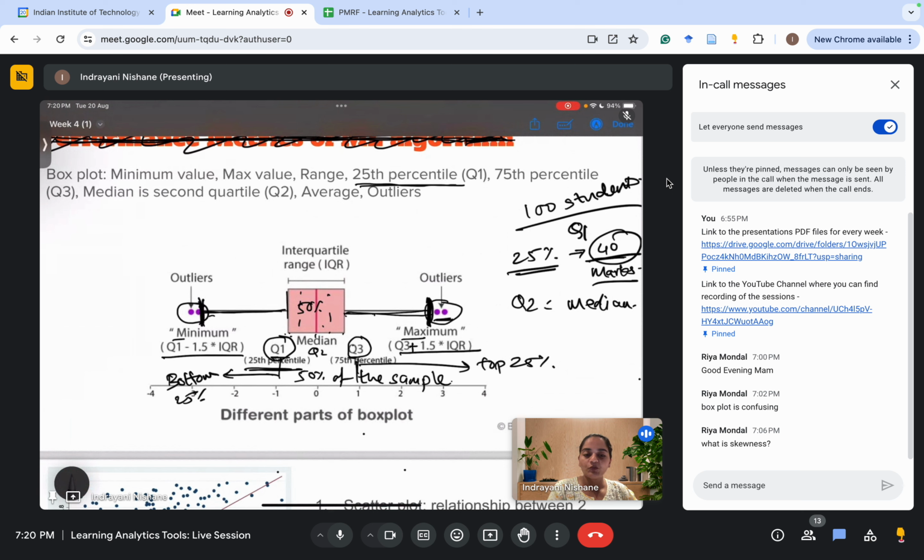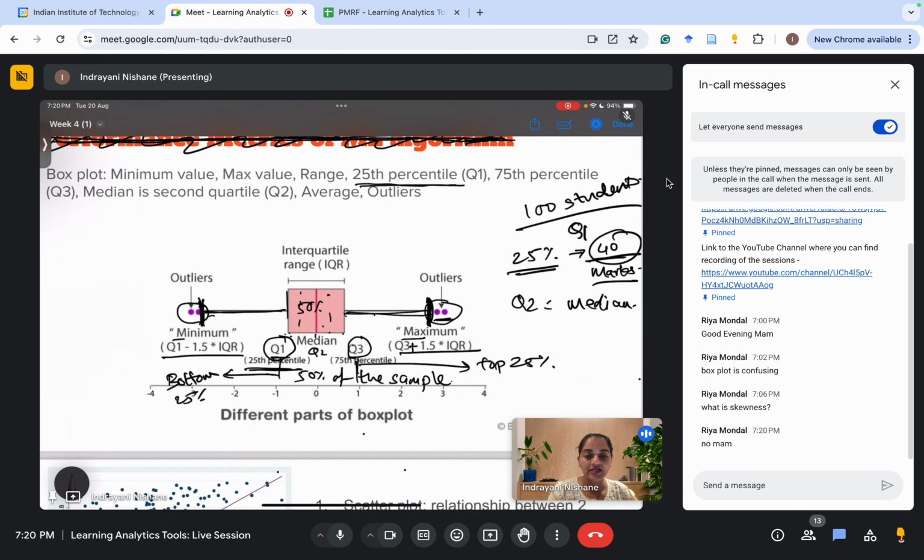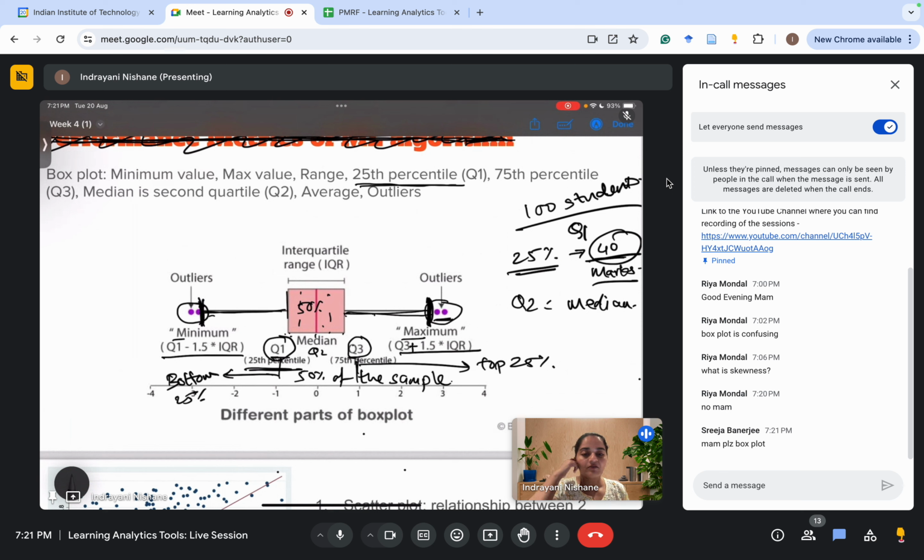So if we want to plot how many students have scored what, all these competitive exams work based on the relative performance of students. Even if you give the GATE exam or CAT exam, they always say that I'm in the top 99 percentile. What does that mean? When the distribution is plotted, the 99 percentile would be somewhere in the outliers, outside the maximum permissible value of this IQR. So in such cases, the box plot will give us information about where the top performers are,